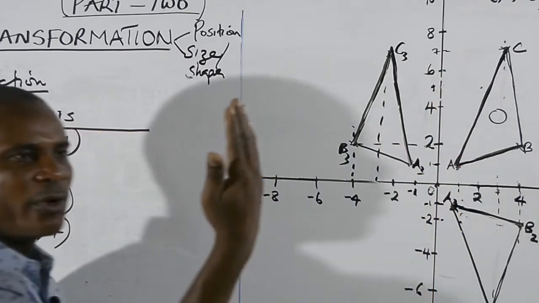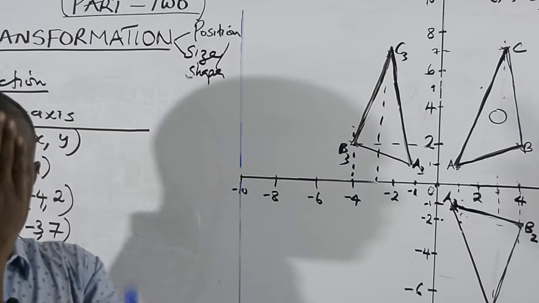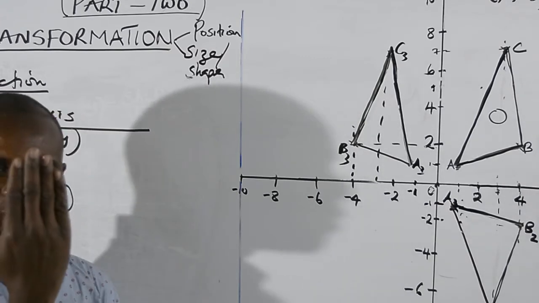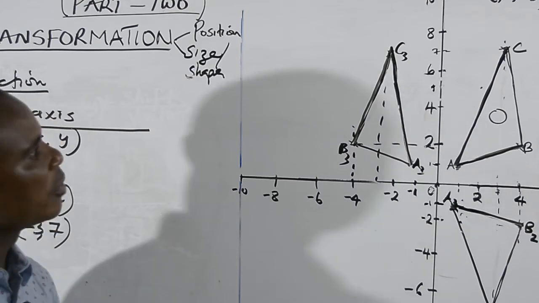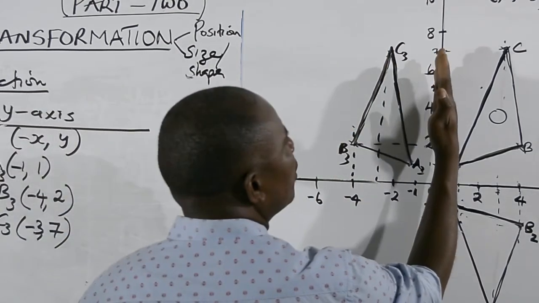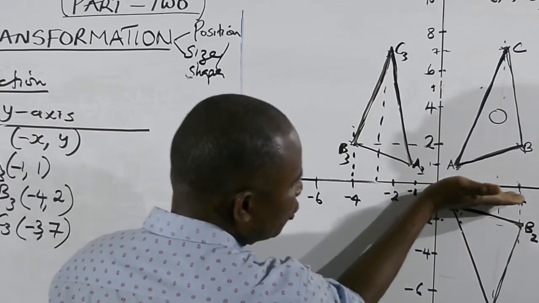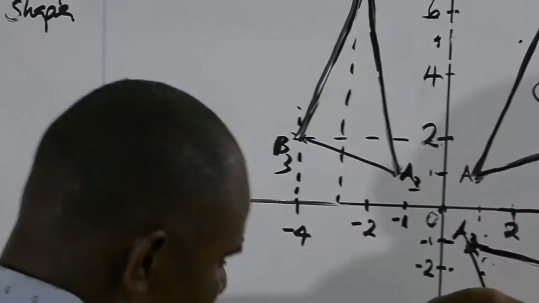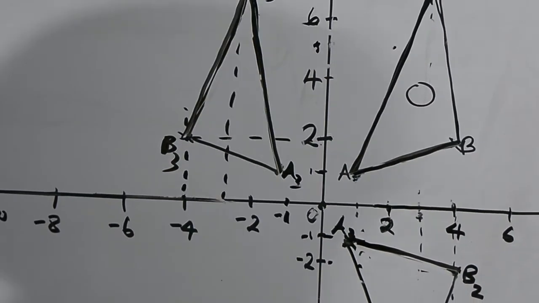It's just like you put a mirror in front of your face. You see the front part of your face, not the back, because it is the front part that is before the mirror. So when it's before the mirror, you see your image at the back. So here the mirror is right there, and the object is showing its image at the back. So this is the x-axis reflection, and this is the y-axis reflection. So now we have done the two.